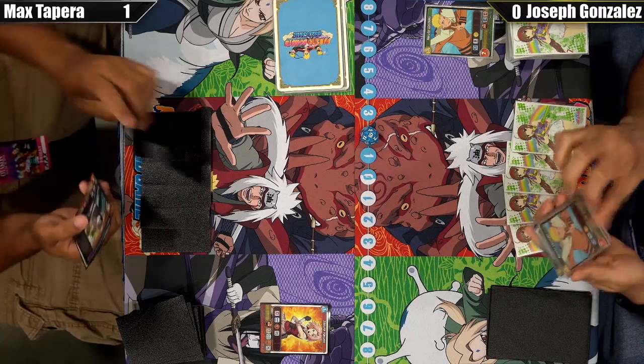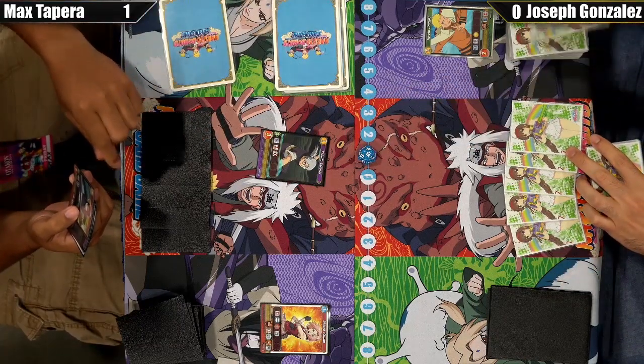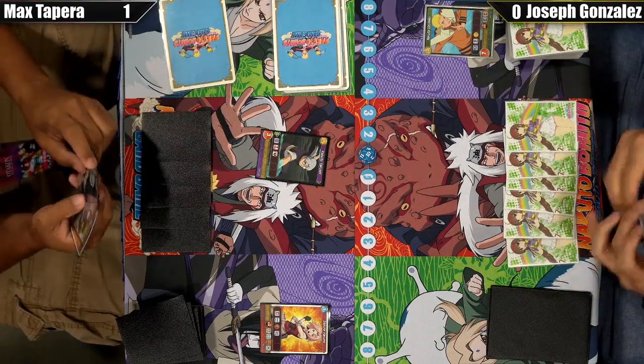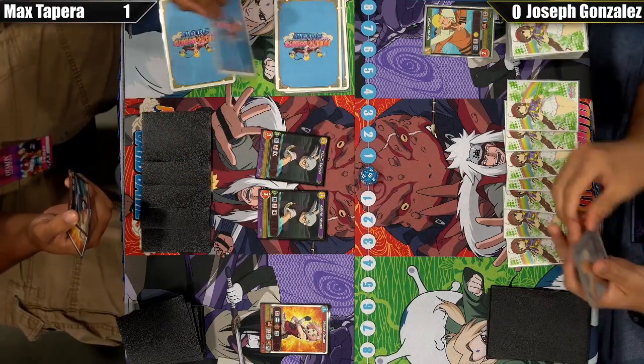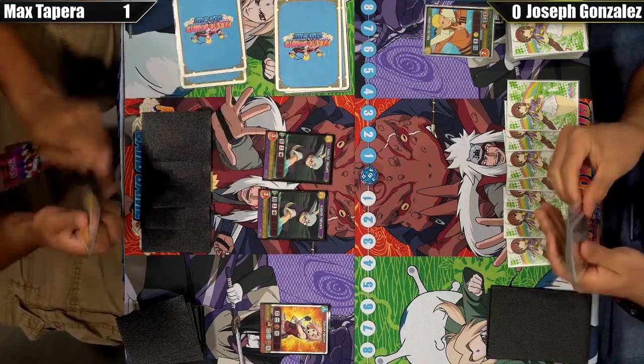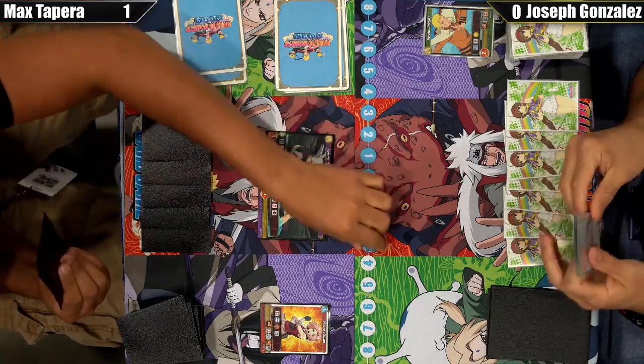Max playing Sakura of his own to kill. Ooh, gives Joseph a life. Now, this card is sick because it gives you an EX card, but it does give your opponent a life, and now it's going to give Joseph 2 life, and with these green decks, you want to be really careful giving them life. They have a lot of ways to gain life. They have an action card that gains them life,